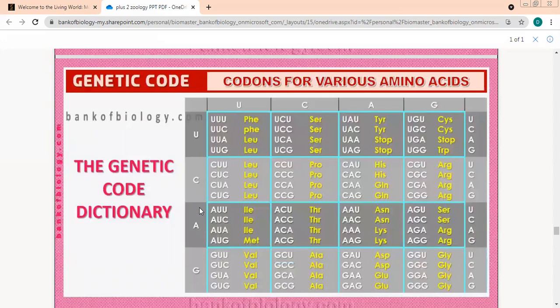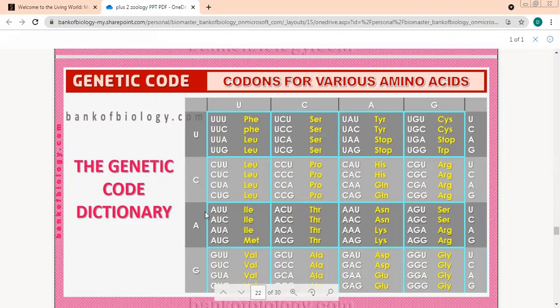This is important. We said 4 to the power 3 is equal to 64. 4 to the power 1, 4 to the power 2, 4 to the power 3. So how many combinations are we going to get? 64. See how we are going to get this. 16 in each, 4 in each: 4, 8, 12, 16, then 32, 48, 64. Now, how do we prepare this?